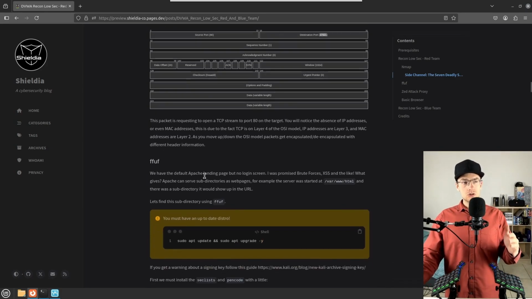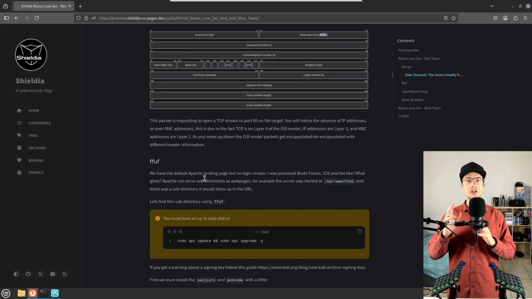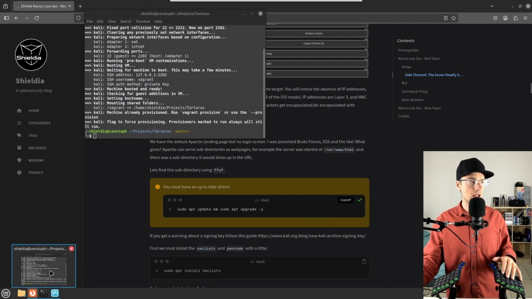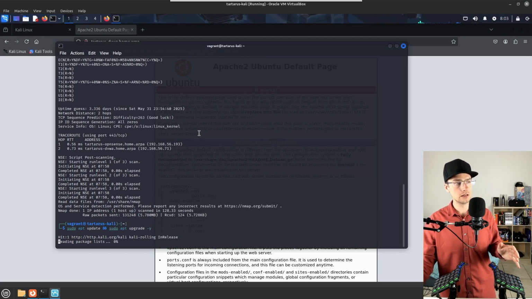So the first tool that we're going to use today is ffuf to be able to enumerate the subdirectory that we're actually going to be targeting, because in a real life engagement, you won't know what directories there are on the target. We're going to do an upgrade first, which I've already done,